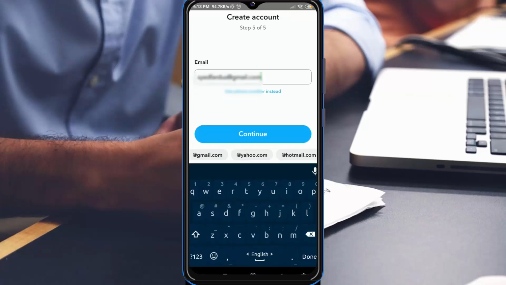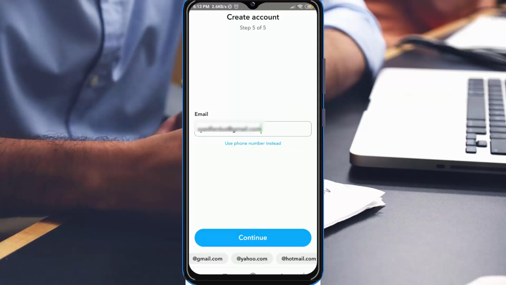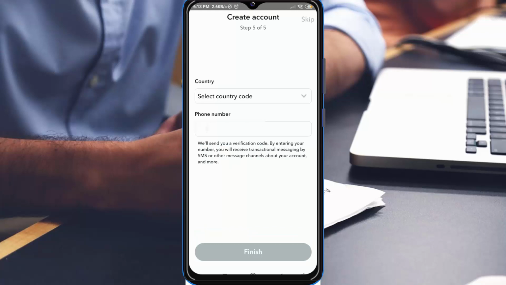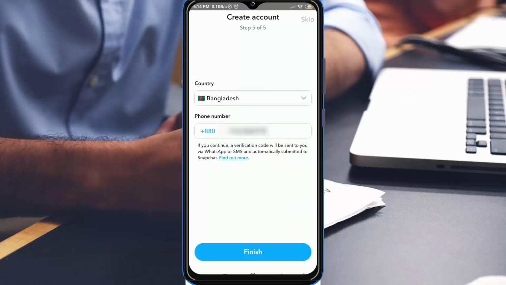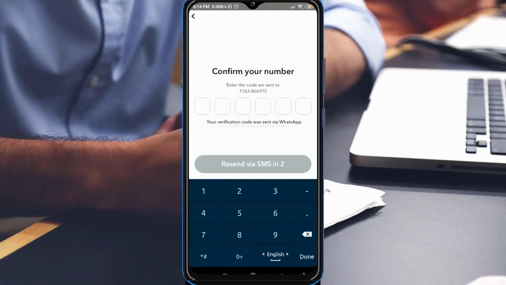Now type here your Gmail account, then click on continue. After that, type here your phone number, then click on finish. Now you will get a message on your WhatsApp account. As you can see, I have got a WhatsApp message. Here you will find a verification code. Type here this verification code